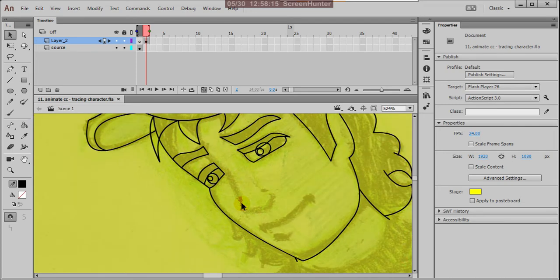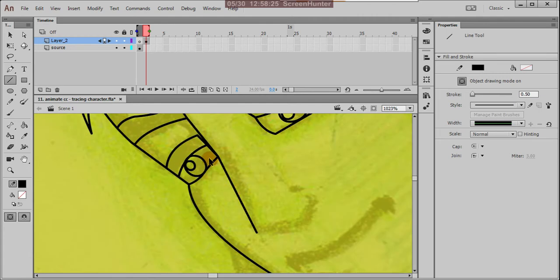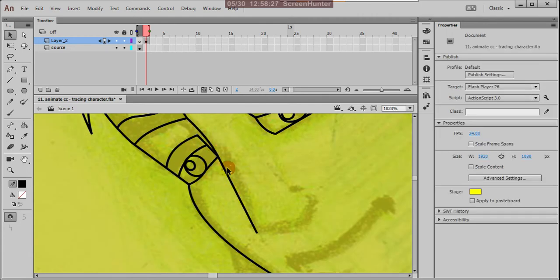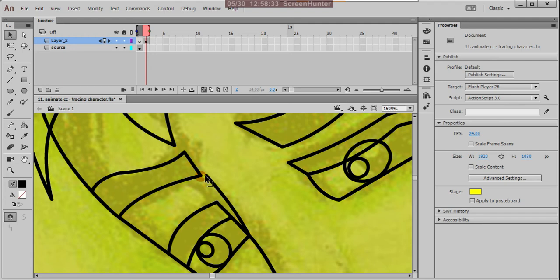I'm adding this nose. So here I'm using only two tools. What are those? A line tool and a selection tool.